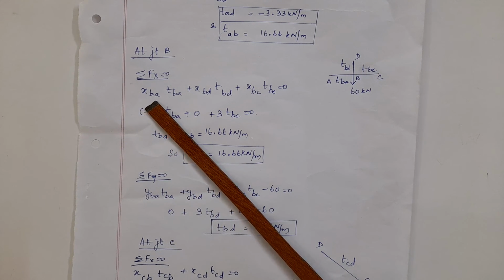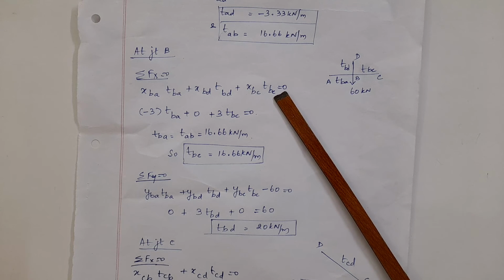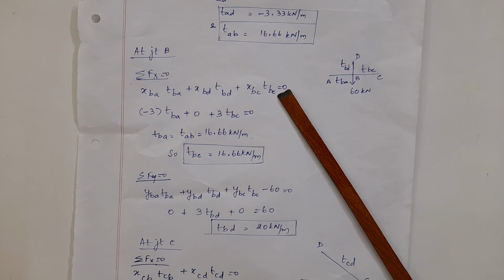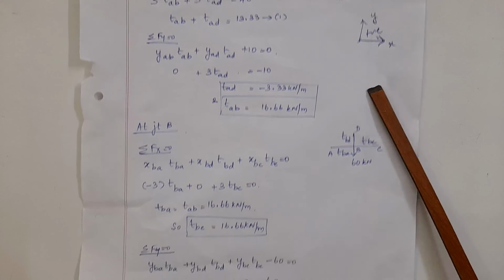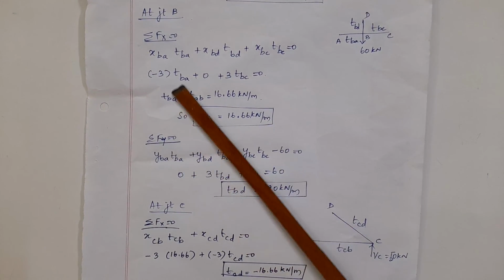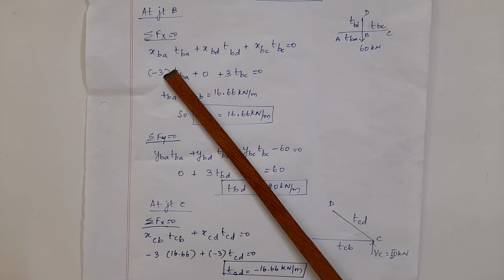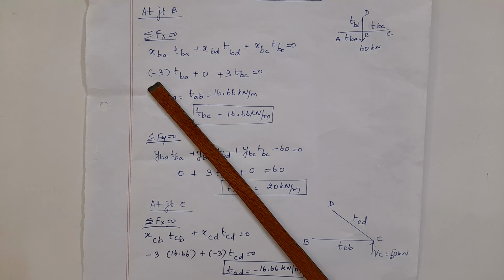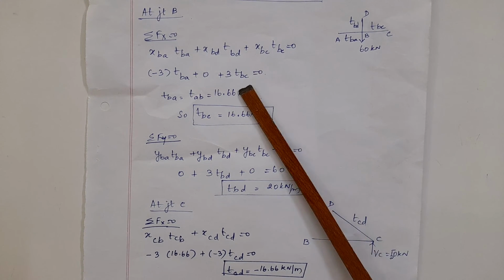So sigma Fx equal to 0, that is x coordinate into tension coefficient of all the members connecting at joint B, and if any horizontal direction force in the positive or negative direction. Okay. So always rightward is taken as positive and upward is taken as positive in x and y directions. So x coordinate is taken from table 2, x coordinate of BA. If I have AB, opposite sign has to be put here. If I have DB, opposite sign has to be put, and so on.